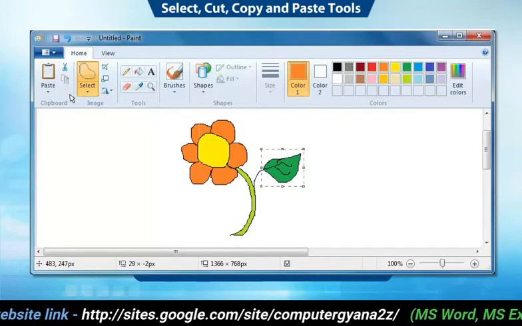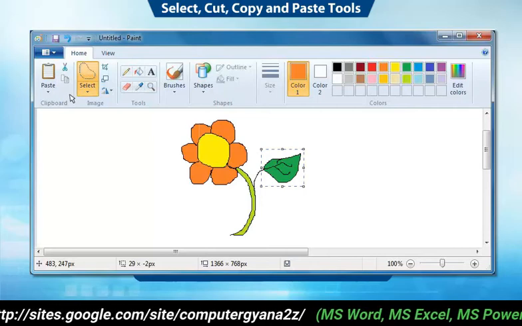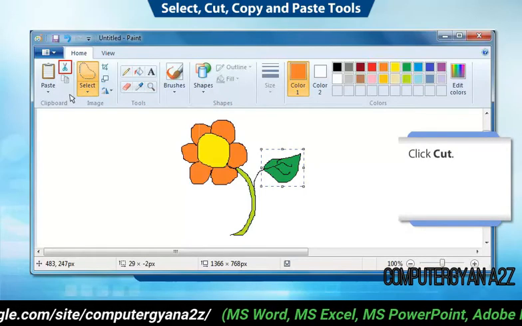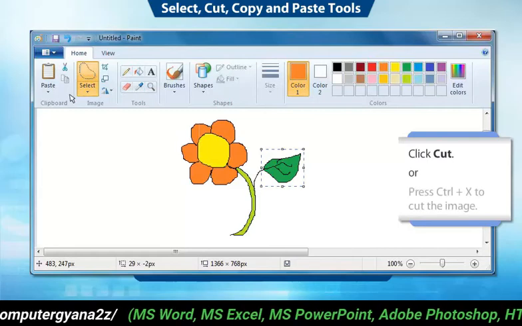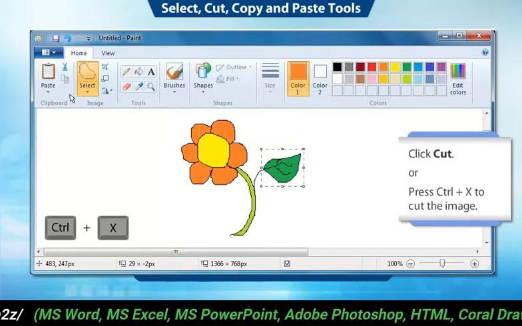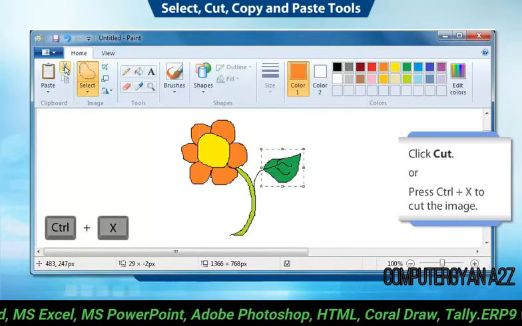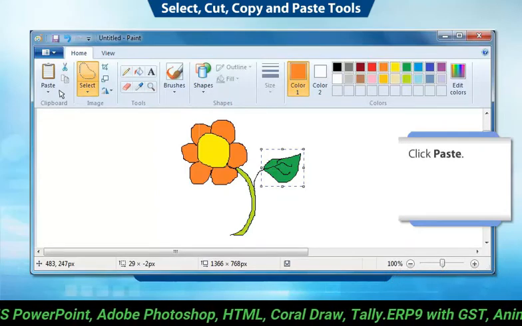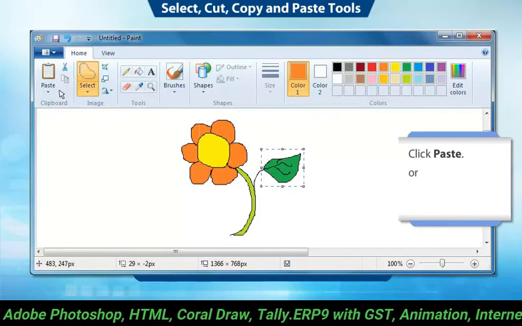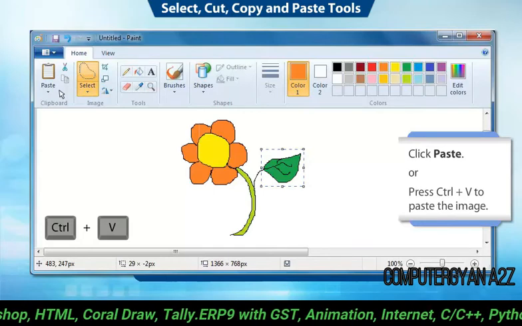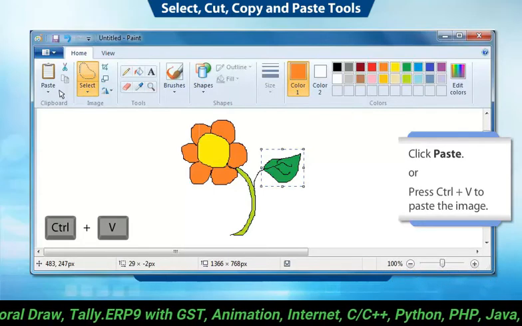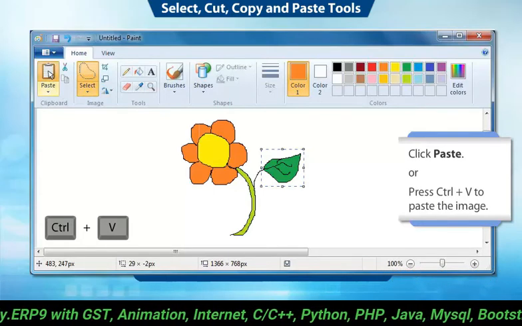If you want to cut the selected part of the image, click Cut option in Home tab or press Ctrl+X on the keyboard. Next, click Paste or press Ctrl+V to paste the selected part of the image.